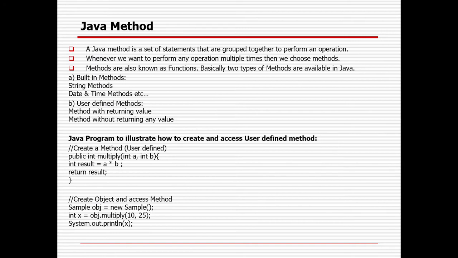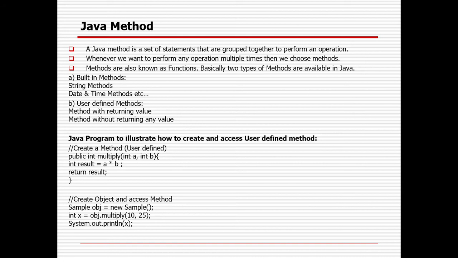So what is a Java method? Whenever we are writing a program, we are writing several lines of code. But in case the same sort of code needs to be used multiple times, we can definitely write the same code multiple times. But the problem is that if some modification is required, we have to identify each and every line of code and update each and every line for the similar kind of code. So that is the reason Java methods, or functions, came into the picture.